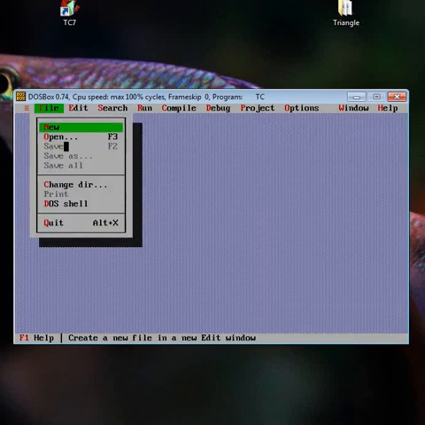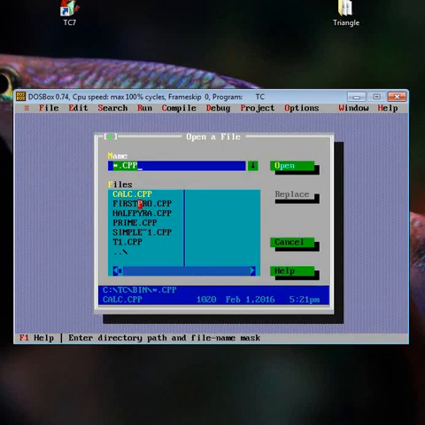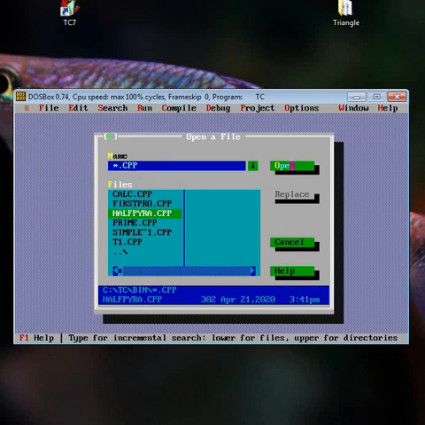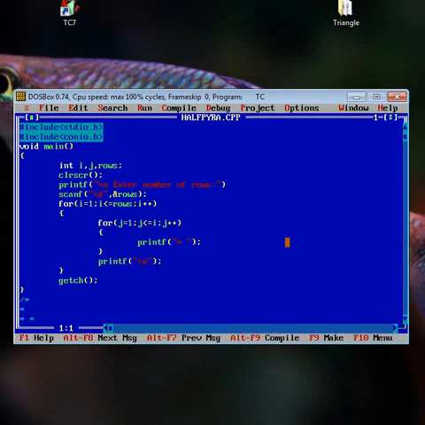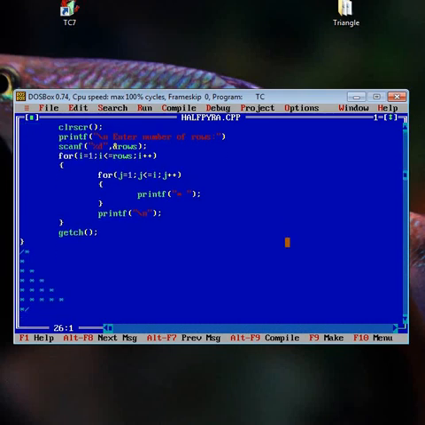That program is open half pyramid, open F5 for full screen. I have commented the above line.